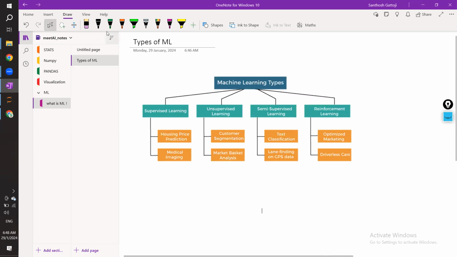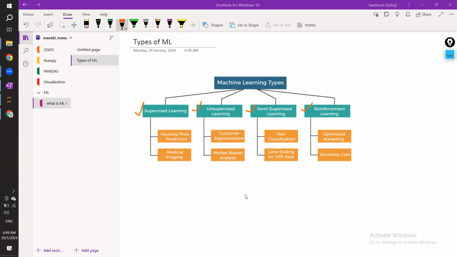Okay, so over here, as you can see, fundamentally there are four different types of machine learning, guys. One is supervised, one is unsupervised, one is semi-supervised, and the last one is reinforcement learning. Fine. So over here, what happens in supervised is, as I said,